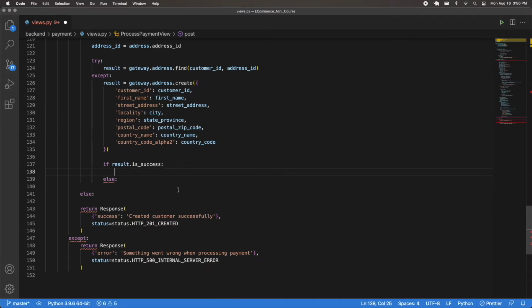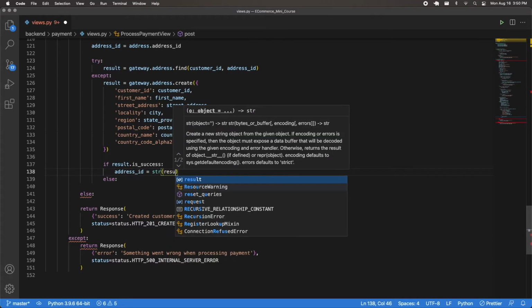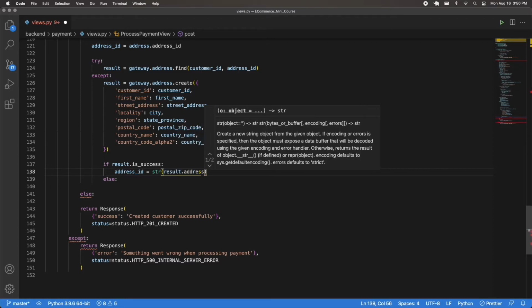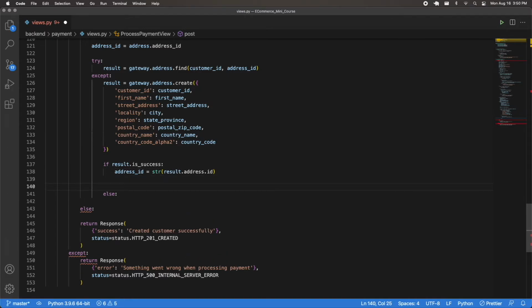The first thing I'm going to do is grab the address ID and store it in a variable, which I'm going to call address ID. And then I'm going to wrap all of this in a string function. And then I can grab the address ID from result.address.id. And then after that, I can update my address that's inside of my database. So I can do that with